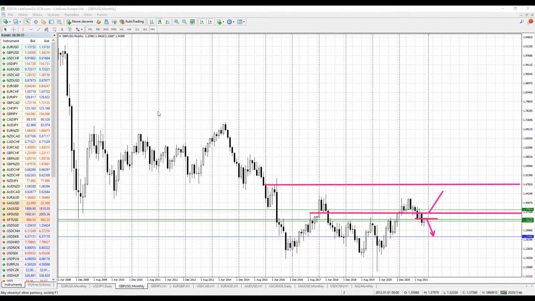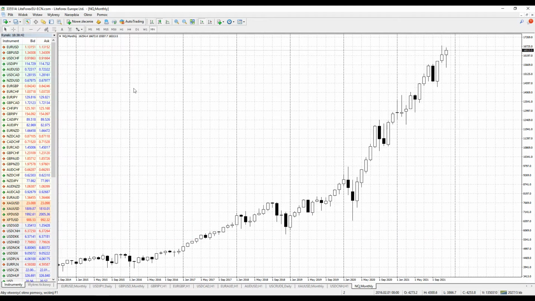The next one I want to discuss is Nasdaq. Very important what has happened in December. The attempt to go lower, we stopped where? We stopped on a base from this rally, right? So we retest this level, and from a higher time frame perspective, as long as we are